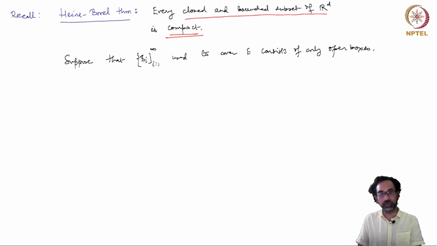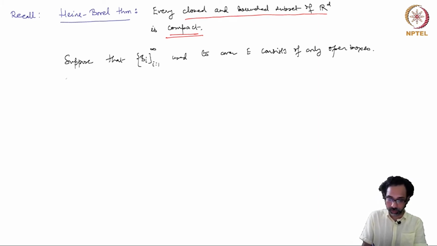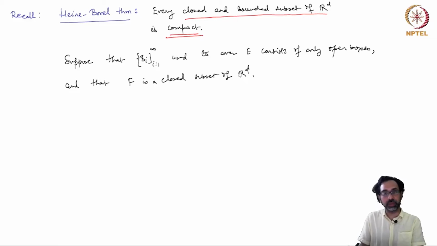To apply the Heine-Borel theorem, which is to apply compactness, we would need the covering to be open. So that's why we are supposing that each of these boxes B_i is open. Suppose also that F is a closed subset of R^d. Because E was bounded, if F is closed, F is also bounded. This implies that F is compact,